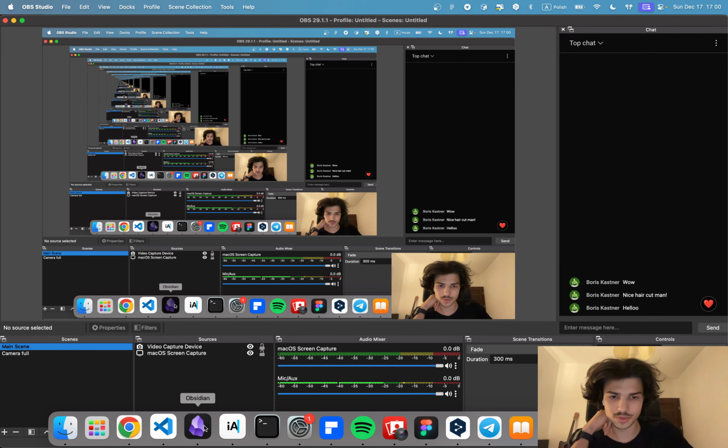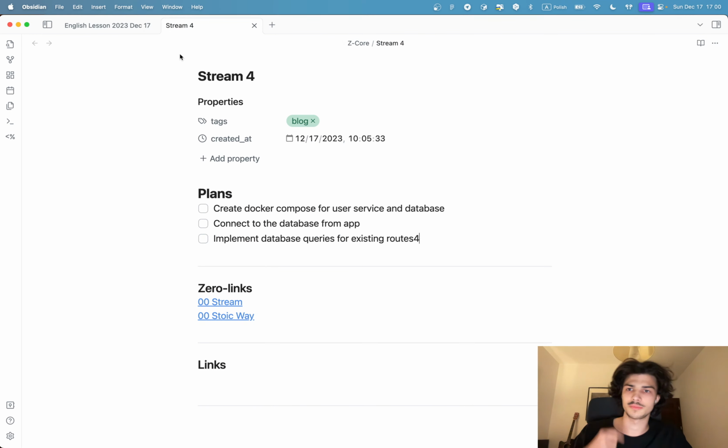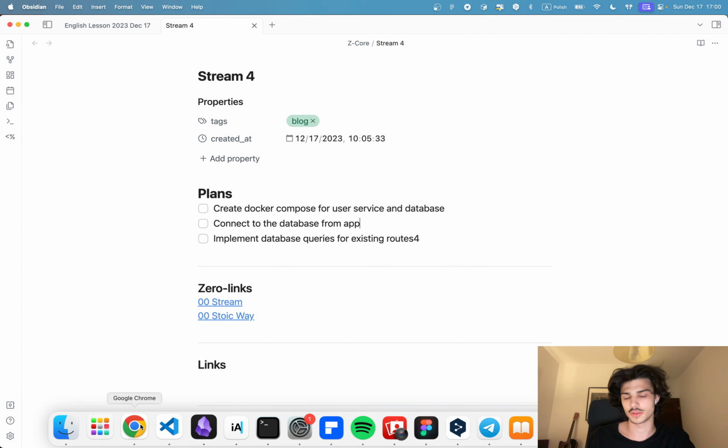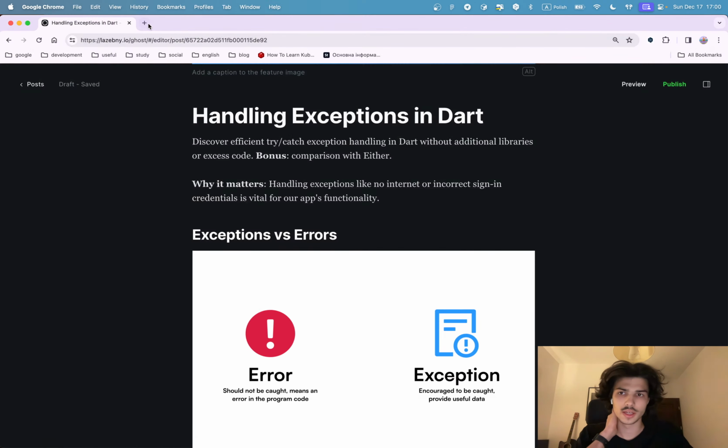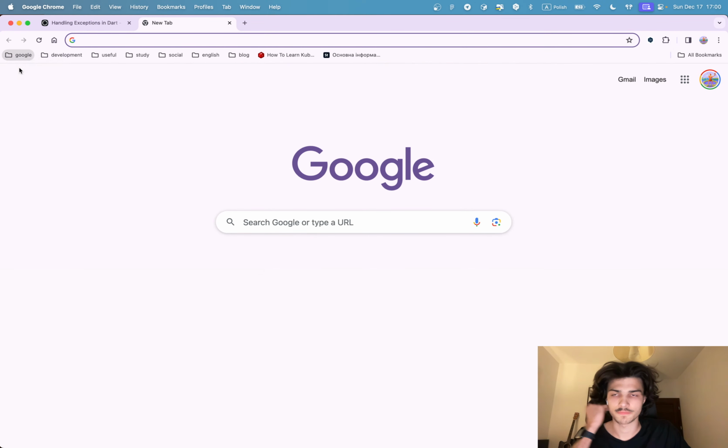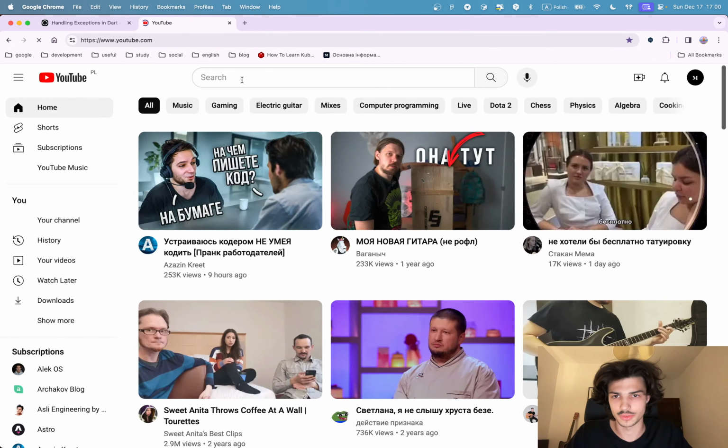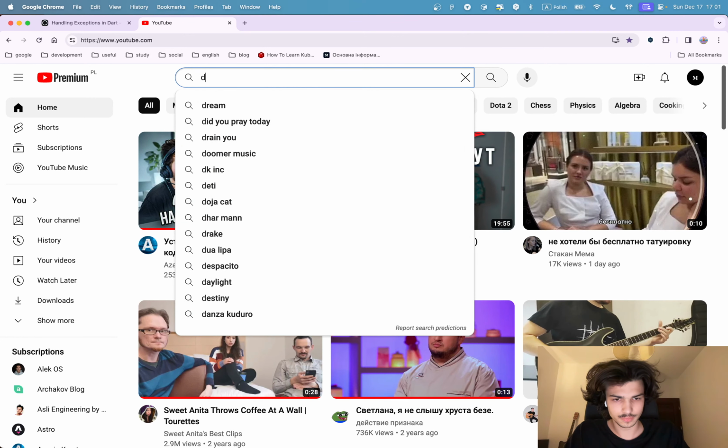Today we are going to connect our service to the database. We will use a Postgres database, and we will implement all the native database queries that currently return just dummy values. So let's